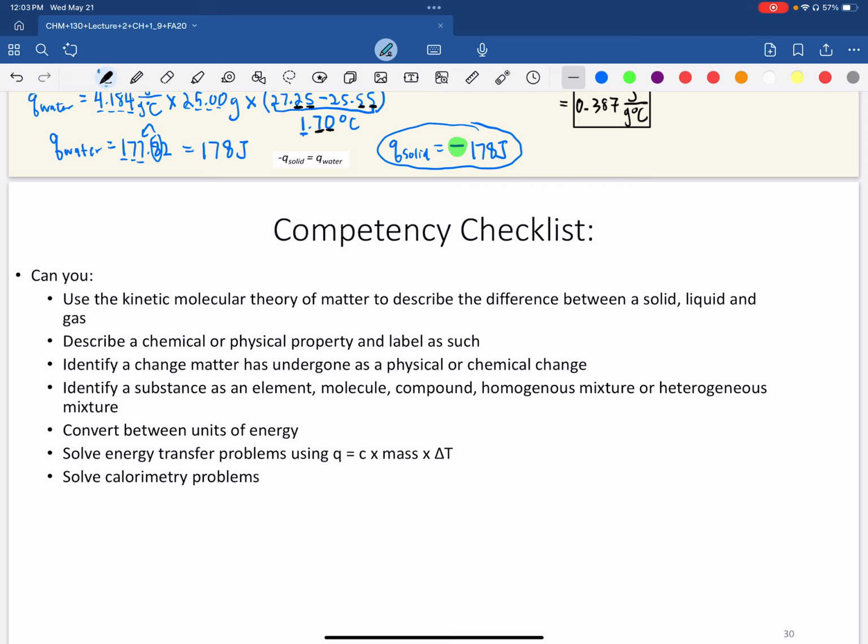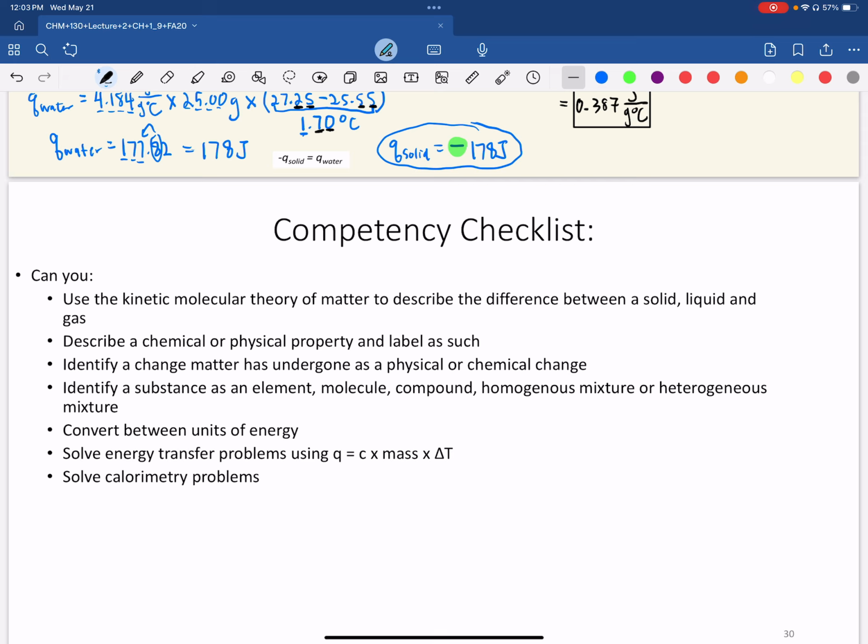And then, of course, you should be able to look at a window on a molecular scale and tell me, is it an element, a molecule, a compound? Is it a pure substance or a mixture? And if it is a mixture, is it a homogeneous mixture or a heterogeneous mixture? You should be able to convert in terms of the units of energy of calories versus kilojoules versus joules, and be able to solve simple energy transfer problems solving for Q, using Q equals C times mass times delta T,